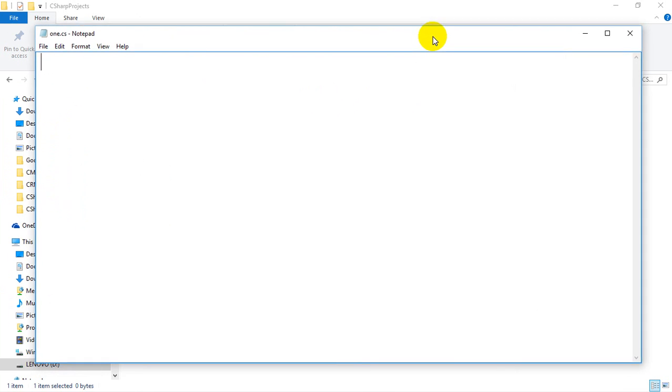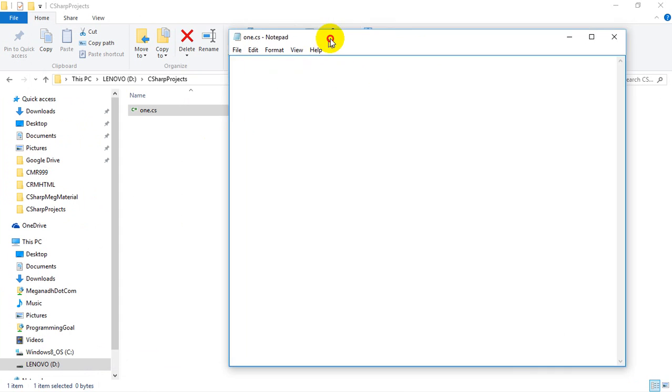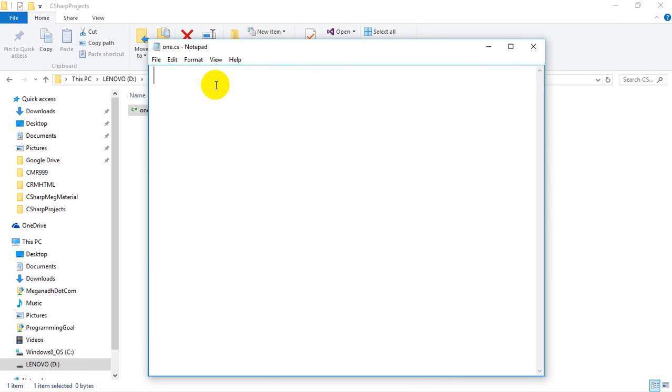The first line should include the reference files or the namespaces which you need. So I'm going to write here: using System. Class Hello is my class, and I'm referring to this namespace, and whatever is inside it I need to use for my class Hello. So for my class Hello, I need to write here public